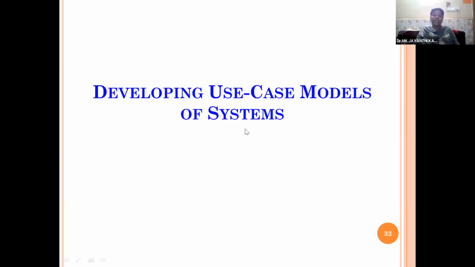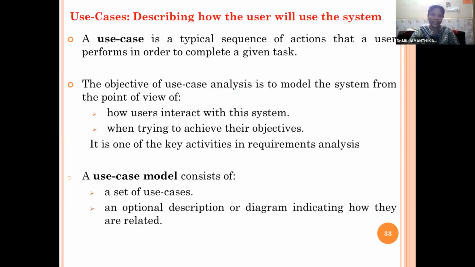So by using UML and OCL, now we are going to discuss how the use case models of our project or systems can be developed. So, developing use case models using the UML diagrams. The use case describes how the user will use the system. Use case modeling focuses on the various users and the functions associated with the project.